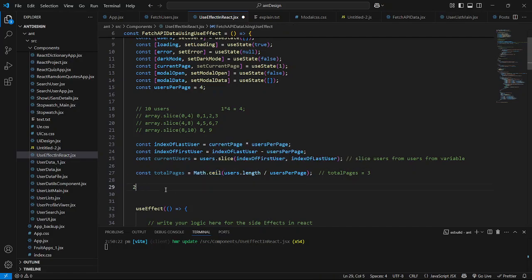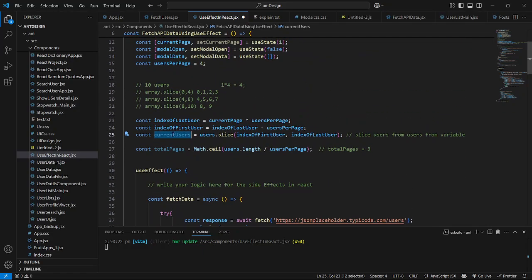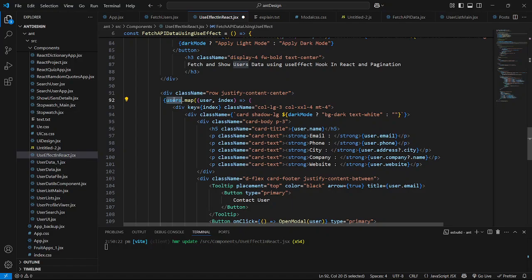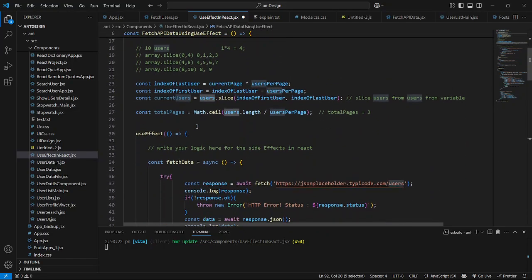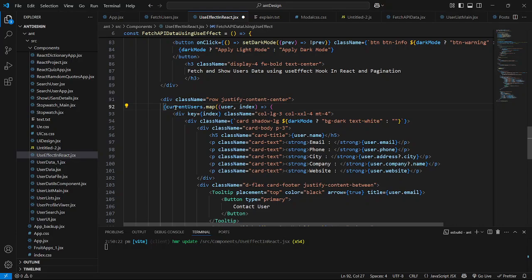So guys, in this way we have created the total number of pages, and we have sliced the current users, how many users we want to show per page. Now let me copy this from here, and we have to replace it with this user, like I explained what we are doing here. Just replace it with this user. As of now, just save the file,